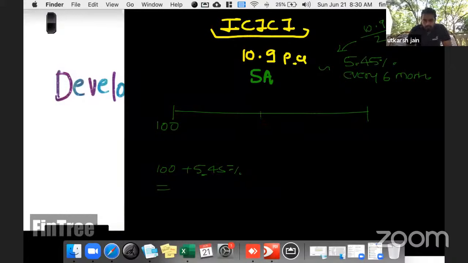So you would get 105.45, right? Now the next 6 months, and this is where the real trick is. For the next 6 months, you're going to earn money not on 100, but instead you're going to make money on 105.45. So now this number, which is anyways there on your screen, plus 5.45 percentage, and that should give you how much? That'll give you